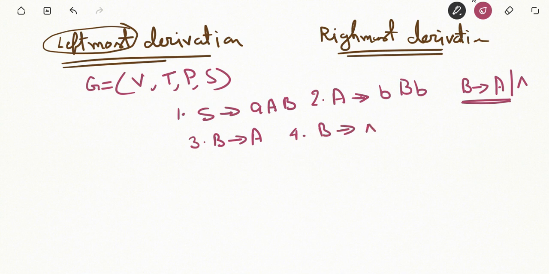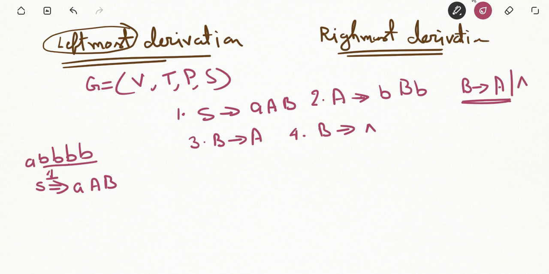Now suppose we want to derive the string a followed by 4 b's. What do we have to do? Just consider S is rewritten as, if we use production number 1, AAB. Now we are considering the leftmost derivation.